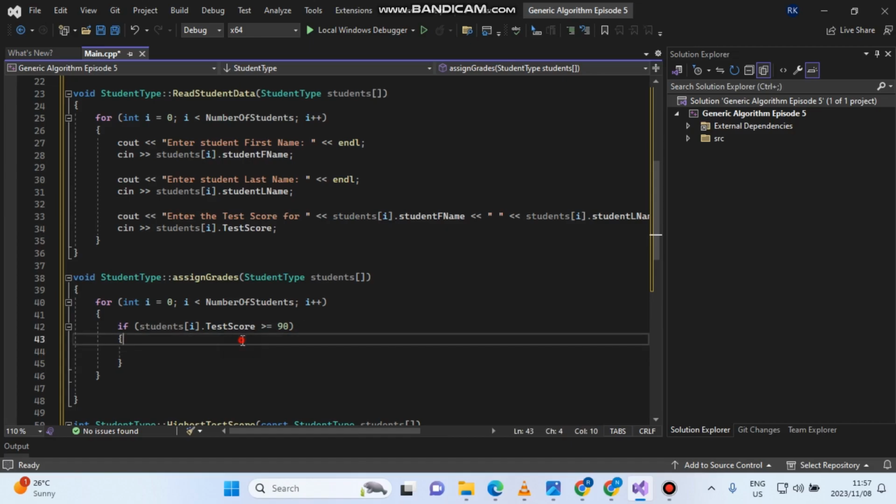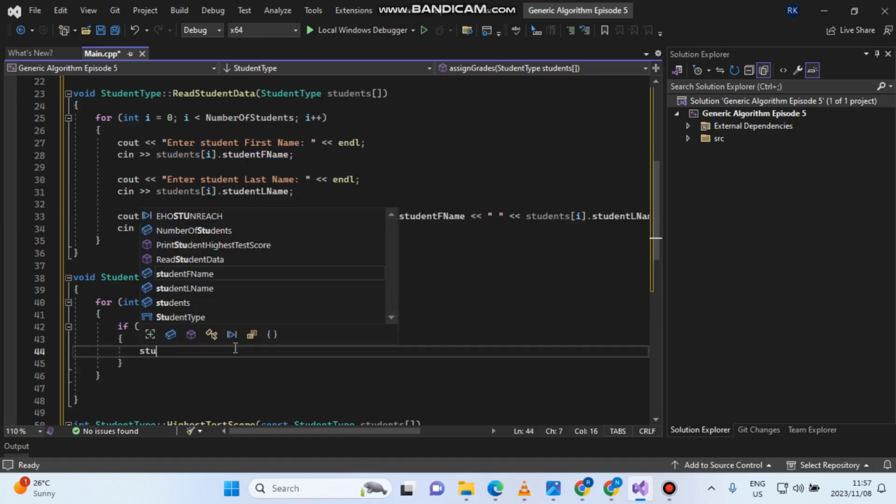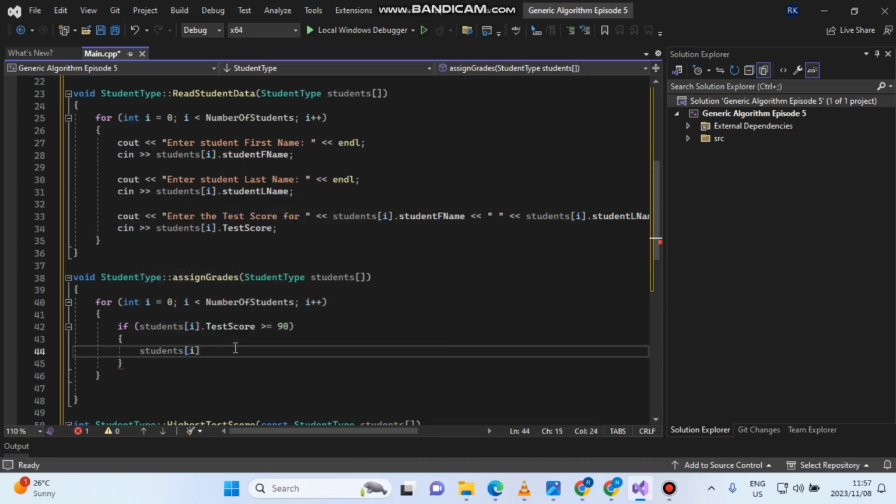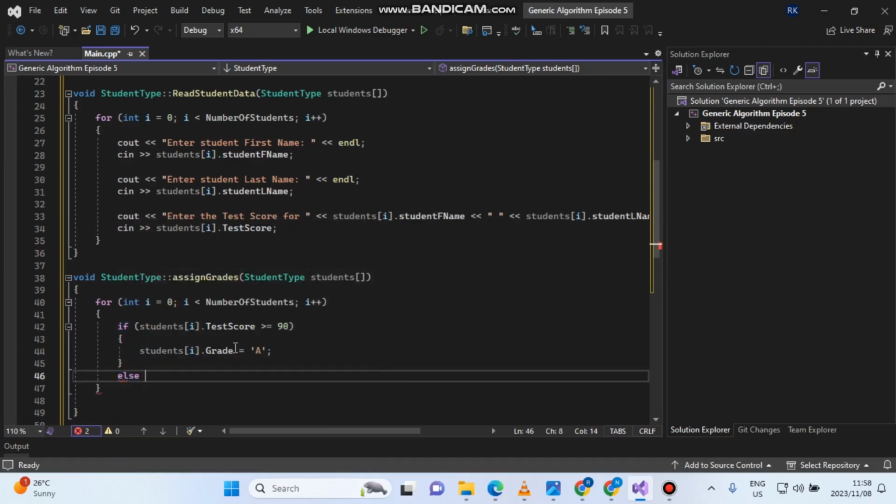So if it's so, then in the body of the if statement, students again dot grade, which means his grade is assigned a character, which is going to be A. Sorry. Now else if